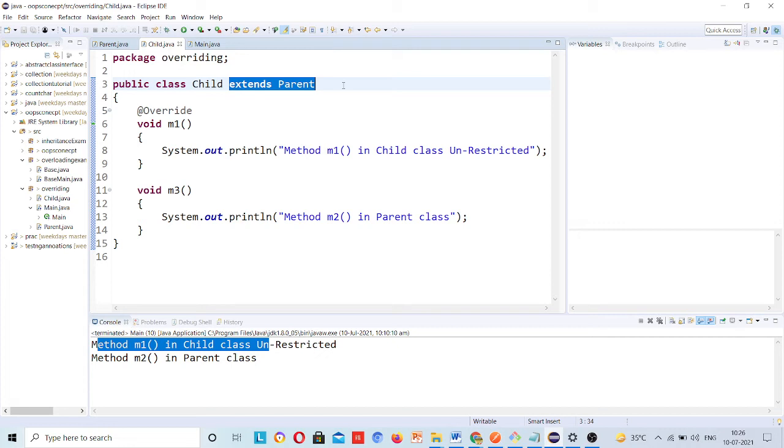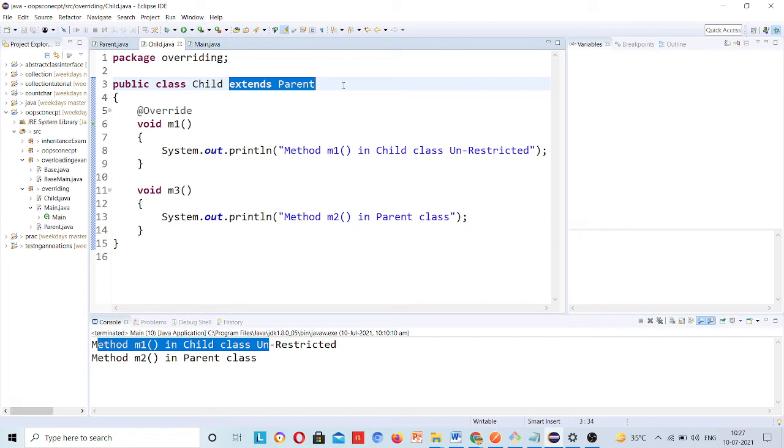Your answer should be like this: overloading is a totally different concept and overriding is a totally different concept. Overloading happens in the same class, overriding happens in different classes. Since overloading is happening in the same class, it does not require inheritance, but overriding is happening in different classes through the parent-child relationship, through inheritance. That is why you have to use inheritance.